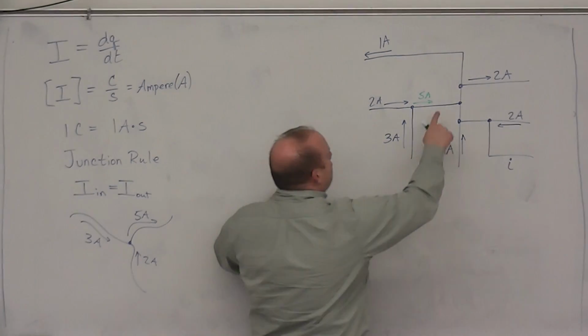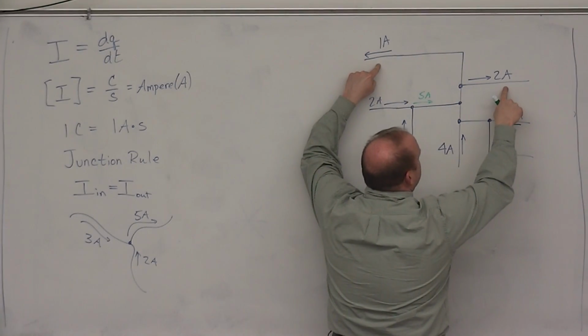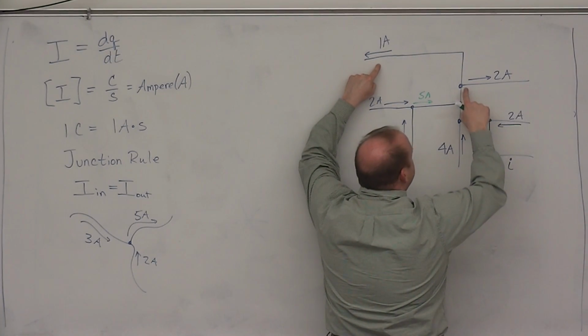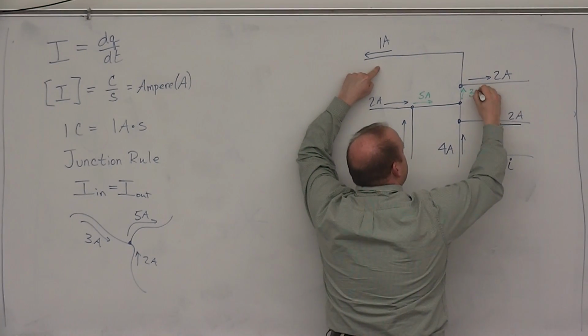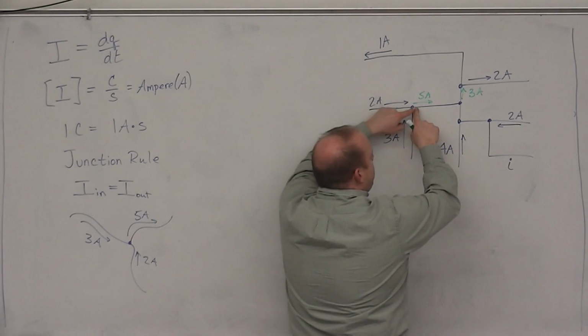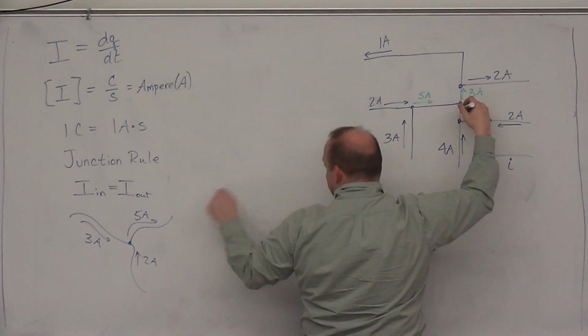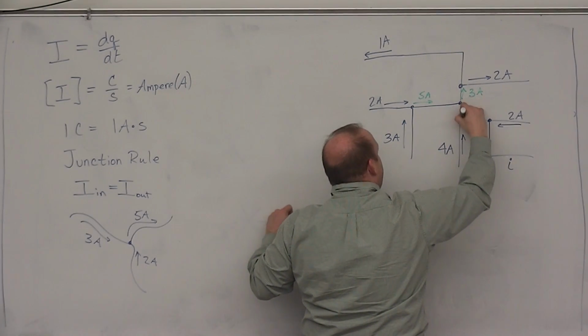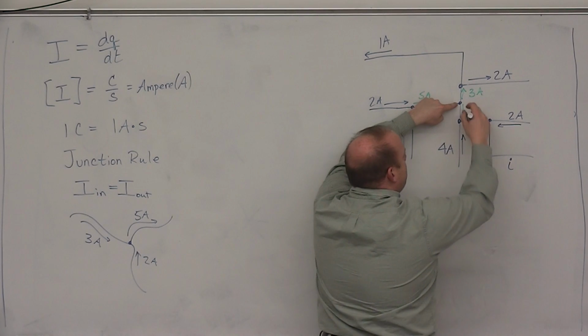Well then, I take a look over here. I have 1 amp that's going out over here, 2 amps that's going out over here. So that's 3 amps flowing out. I have to have 3 amps flowing in. So now, I have 5 amps flowing in, 3 amps going out. It's like the opposite of that over there. I need 2 amps, because there's 5 that go in, 3 go out here, I need another 2 amps going